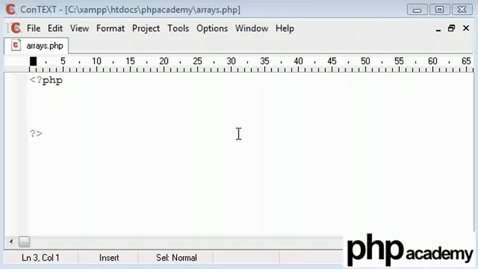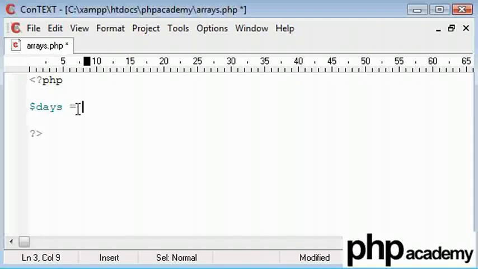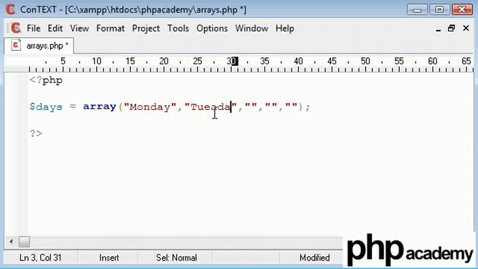Okay, in this lesson I'm going to be talking about arrays. Arrays allow you to store more than one piece of data inside a variable. For example, the variable days would be called as an array. Inside a pair of parentheses we're going to have more than one value. So I'm going to pick 5 values for this. I'm going to have every day of the week, and inside each of these I'm going to have Monday, Tuesday,